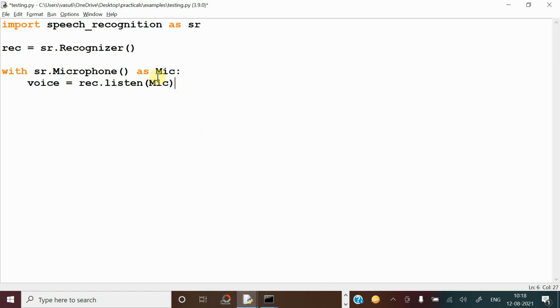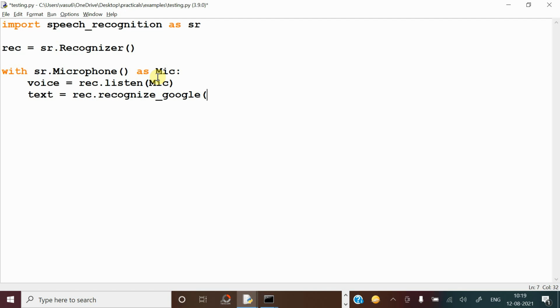Now your next step is to convert whatever voice has been taken from the mic to text. For this, take one variable, in which the converted text will be stored. For this, you have to call the Google recognizer, recognize_google.